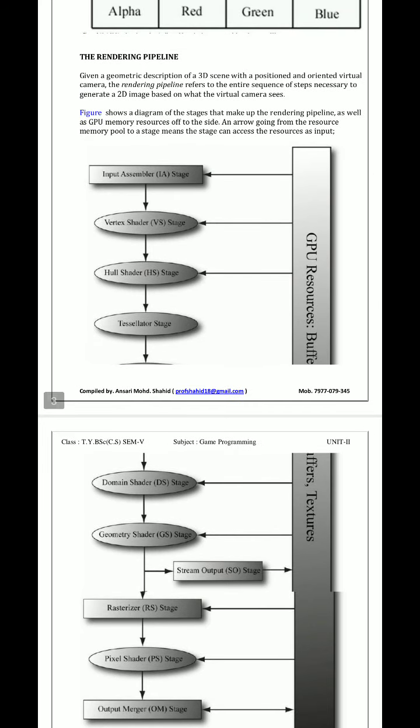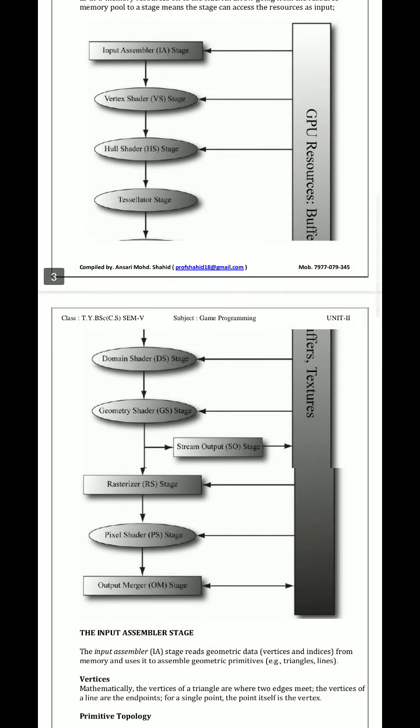In the input assembler, you put in a value. The vertex shader draws the outline. The hull shader handles whichever color is inside. The tessellator shader handles the outside, any image shadow that is there. The domain shader is the main stage. The geometry shader is where any scaling is done. The rasterizer is where increasing and decreasing things are done.